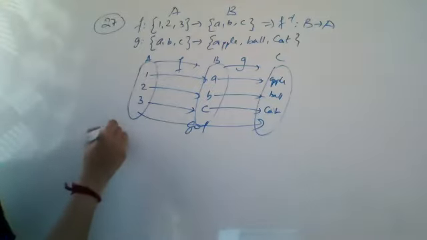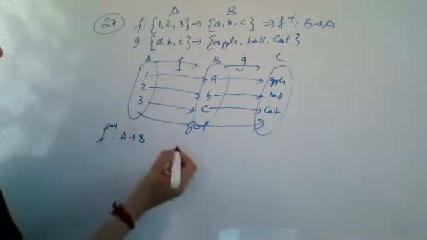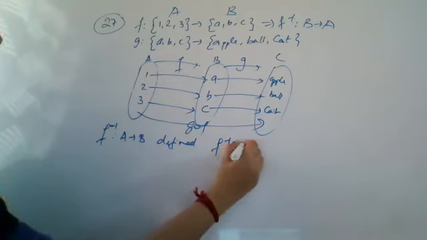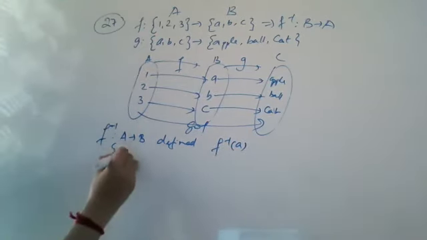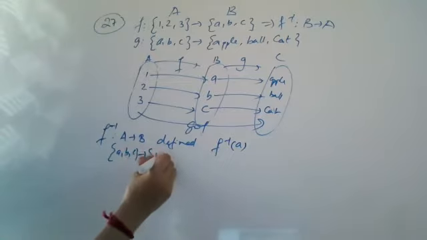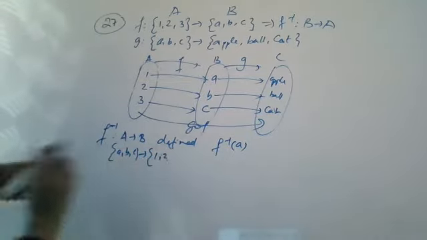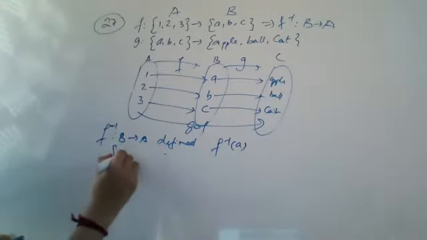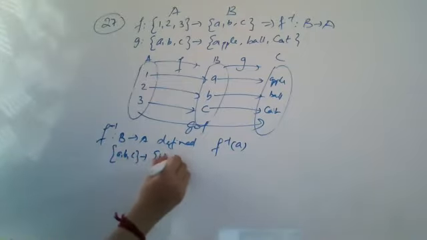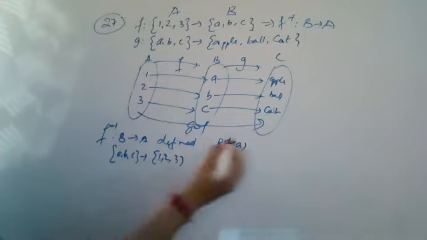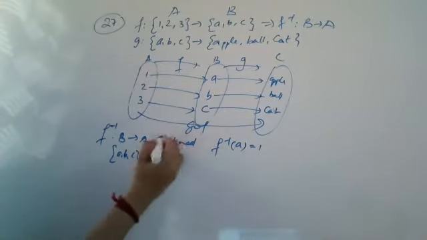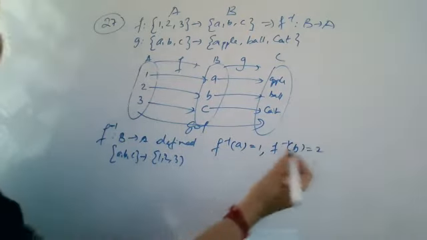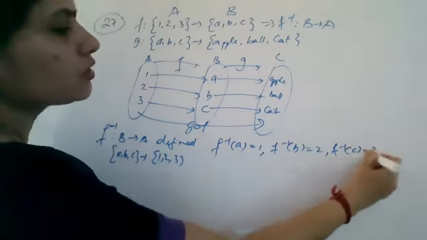So F inverse is from B to A, defined by, कैसे define करेंगे? इसी का उल्टा. That is F inverse of A लोगे, F inverse A में है, set A is your set 1, 2, 3, okay, and B is your A, B, C. F inverse is from B to A, sorry. F inverse from B to A, and B is your A, B, C, and A is 1, 2, 3. So F inverse of A will give you 1. This is how you are defining your F inverse. इसी का reverse process define कर रहे हैं. F inverse of B will give you 2, and F inverse of C will give you 3.